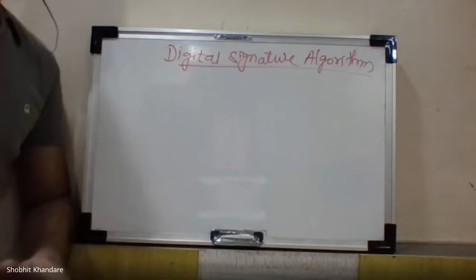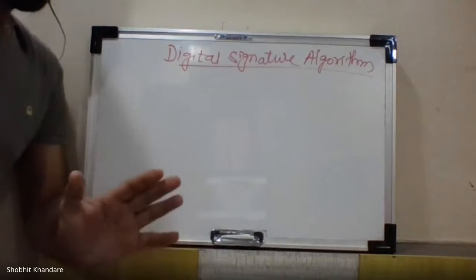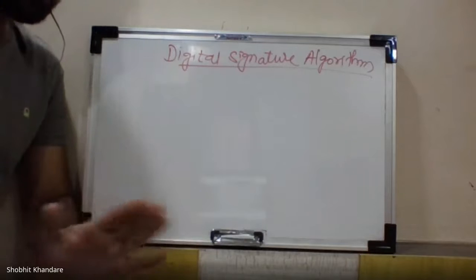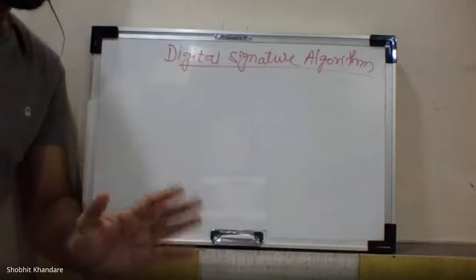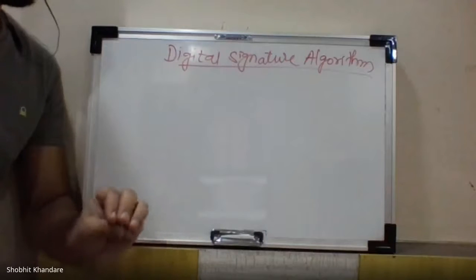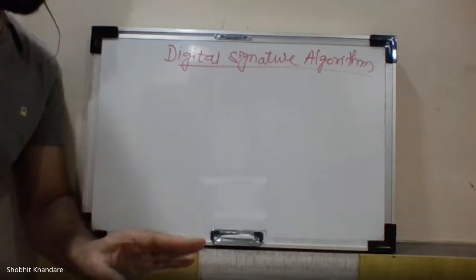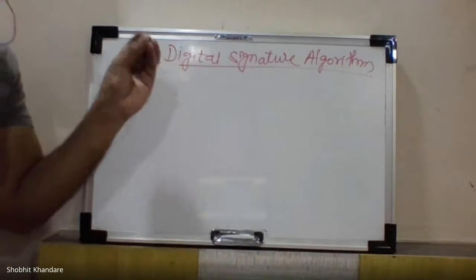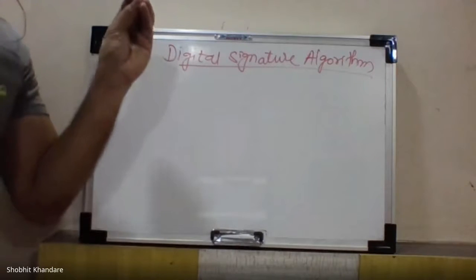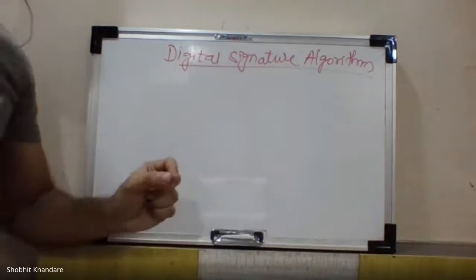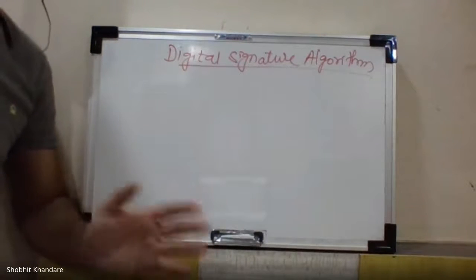So if you remember MAC, if you remember the hash function, which I have already taken, what do you mean by integrity, what do you mean by authentication, what is the difference between authorization and authentication. Based upon these concepts, we have to understand the digital signature. So we have seen the cryptographic algorithm, the authentication algorithm, then we have also seen the key exchange algorithm, in which we are exchanging the key.